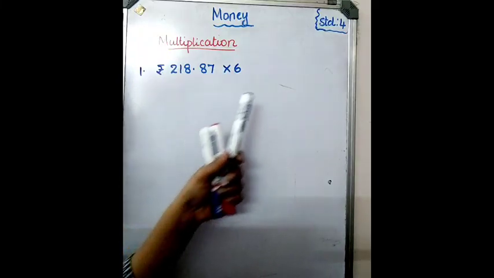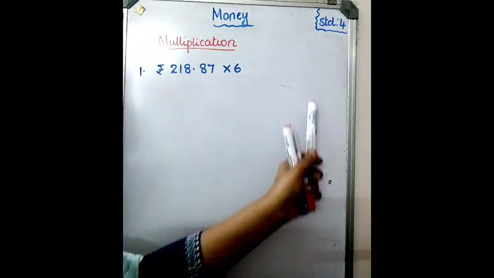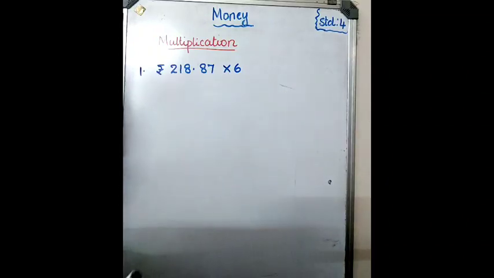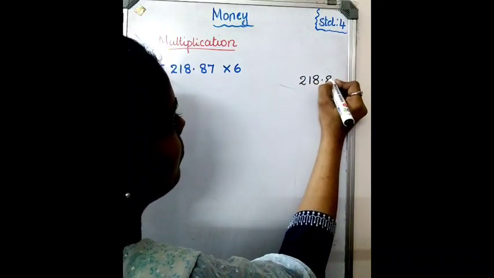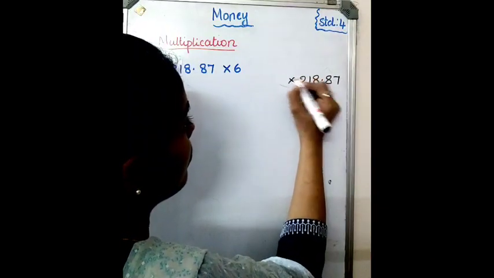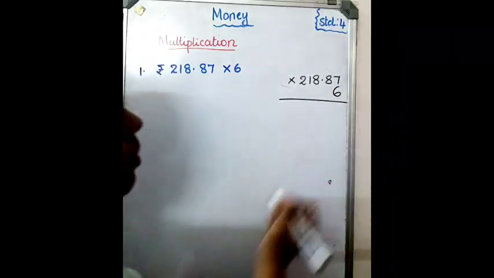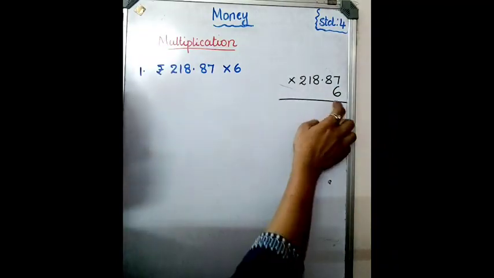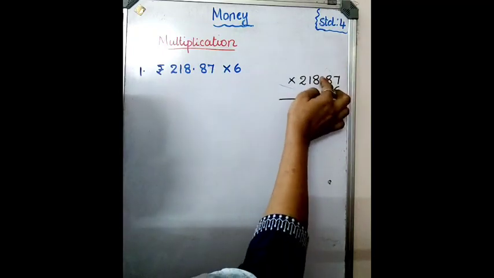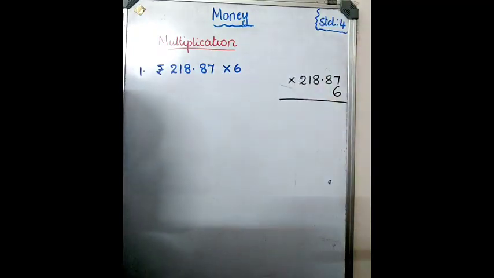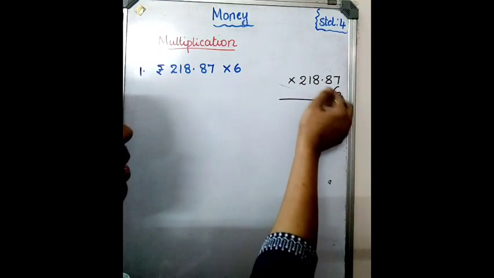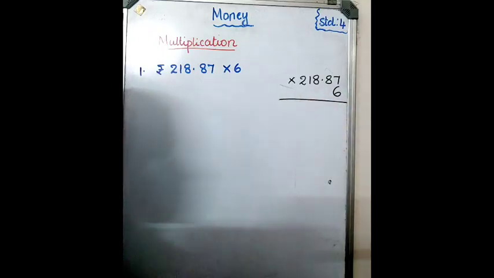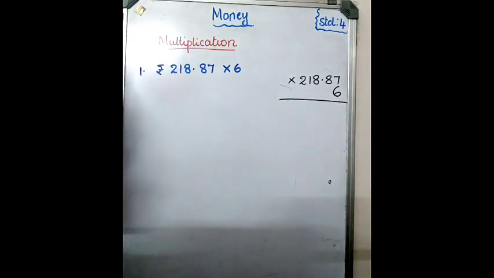So for this you have to write down this in the working column. Look here. Then multiply this number with 6. If you feel any confusion, you can avoid the point in the beginning. After getting the answer, count 2 digits from the right side and put the point. If you are still confused, you can do it that way also.